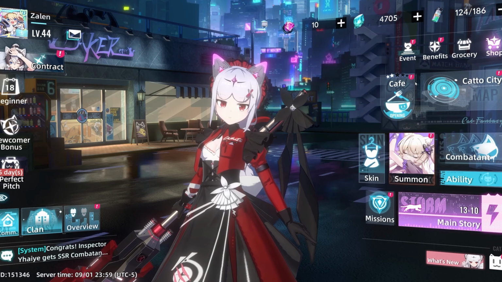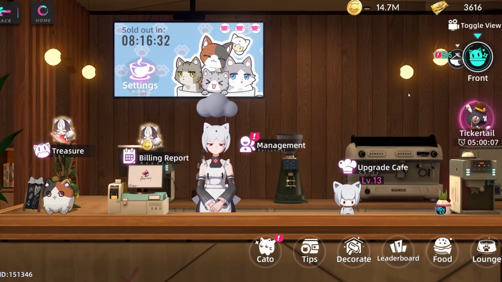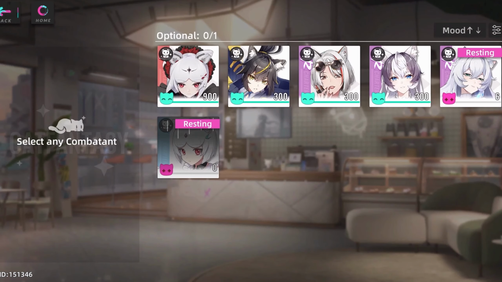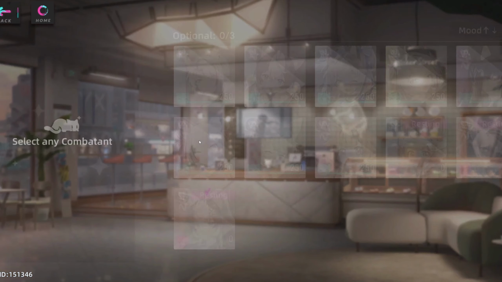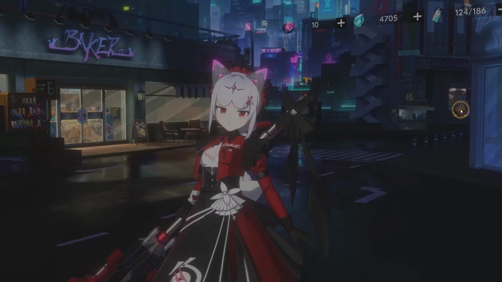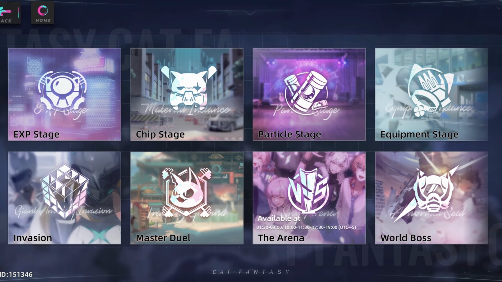I think that given the content you have available, you have the cafe system, which is vaguely like Arknights' base system because it does give you a bunch of currency that you will use, and you do have to occasionally replace units out, but at the very least, swapping them around is incredibly easy. So that's one aspect of your resources that you will be getting just basically idle. Second, you have everything else, which is your EXP, your chips, which are utilized to upgrade your units, your particle stage, which is utilized to upgrade your units, your equipment, which you utilize as artifacts basically, invasion, which you use to ascend your units,